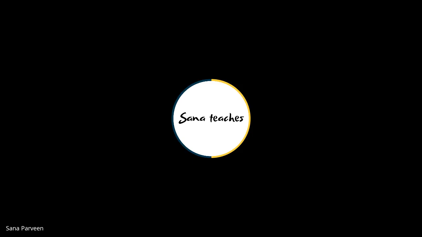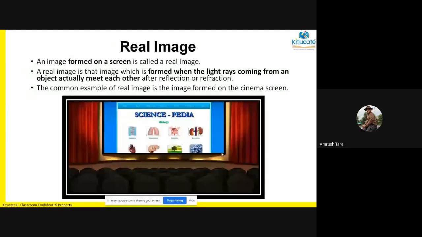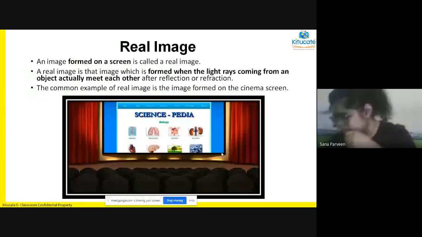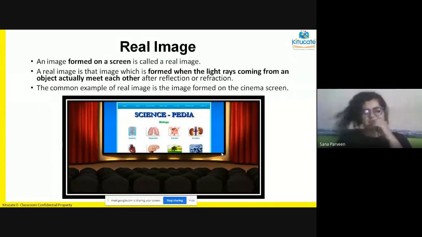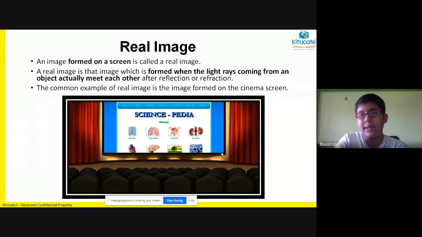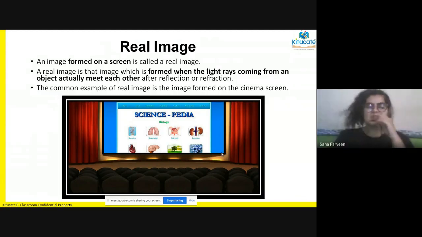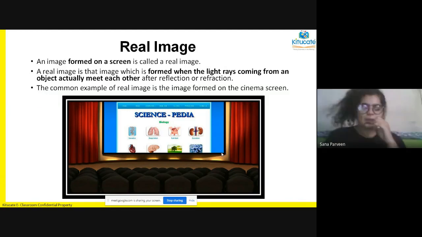Now the real image, and we have already seen virtual image cannot be on the... Ma'am, your voice is breaking. Is it breaking for everyone? Yes, ma'am. Okay, I think it is network issues probably. I will try to speak a bit louder now. It's not breaking. My voice is not breaking. That means whoever is facing this issue, the network issues are on the other side. Now even I can hear properly. Okay, that means it was a network issue on your side. Okay, people, students, please focus.